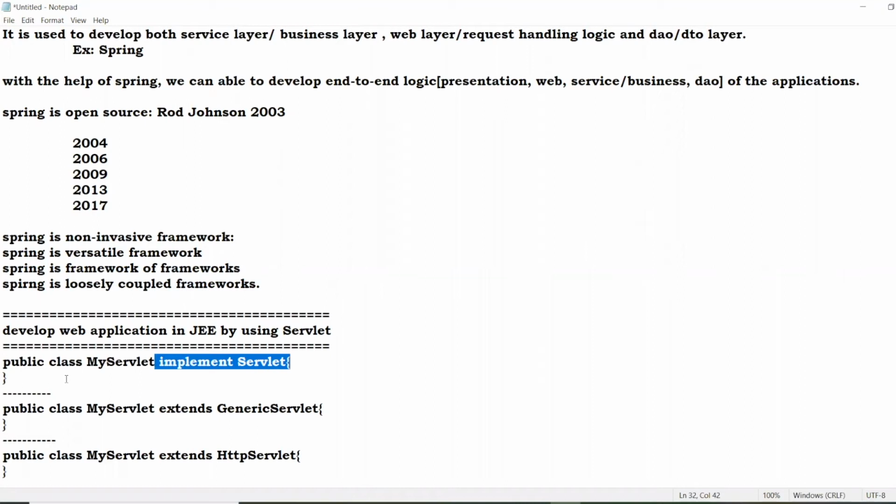So Spring is a non-invasive framework. That means the Spring framework never forces the programmer to implement or extend their framework-related interfaces and classes. One more time I'm repeating, guys. Before the Spring framework, in servlet and Struts, the framework always forced the developer to extend its classes. But Spring never asks like that. If you want to write your classes individually, you can write them. No problem at all.